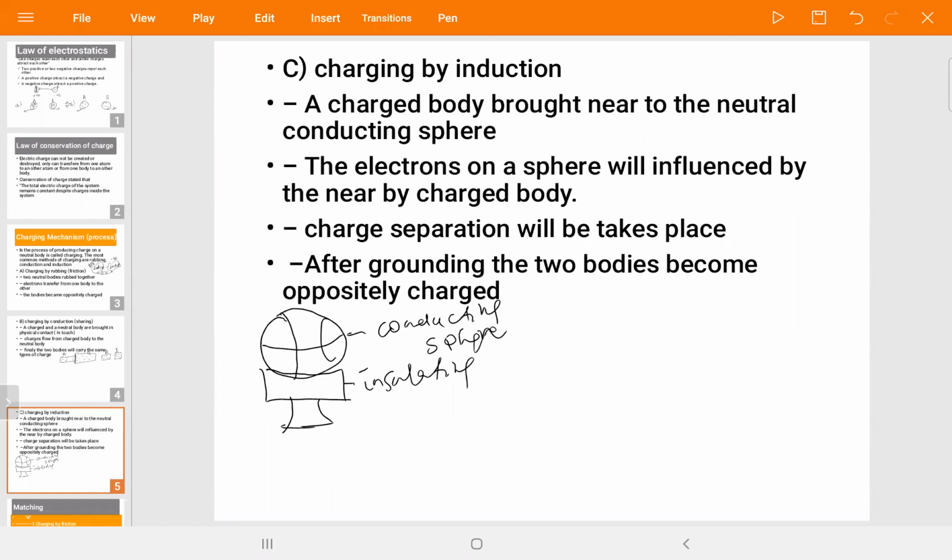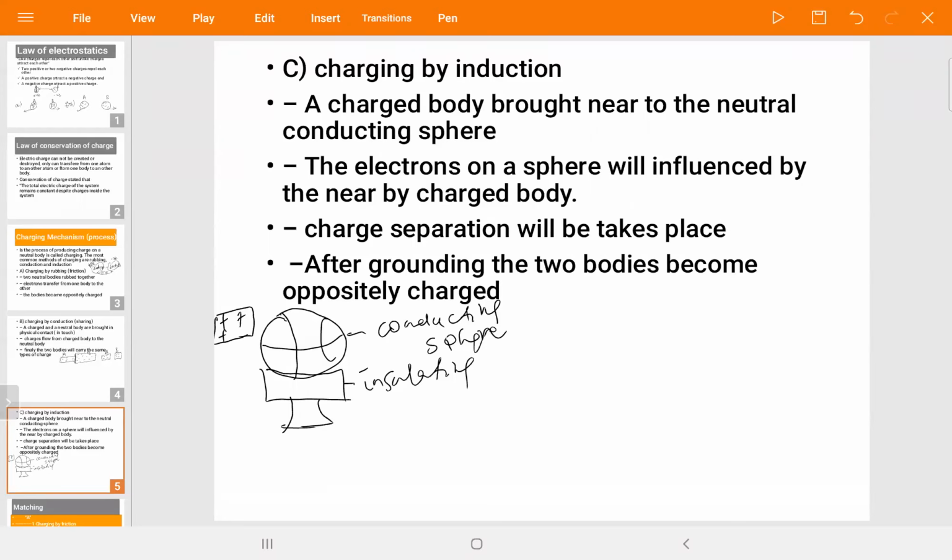The mechanism is that we need to bring a charged object, for example a charged rod. It may be a negatively or positively charged rod. Let it be a positively charged rod. We have brought a rod which is positively charged, which was charged in another place, near to the neutral sphere. Then what happened?